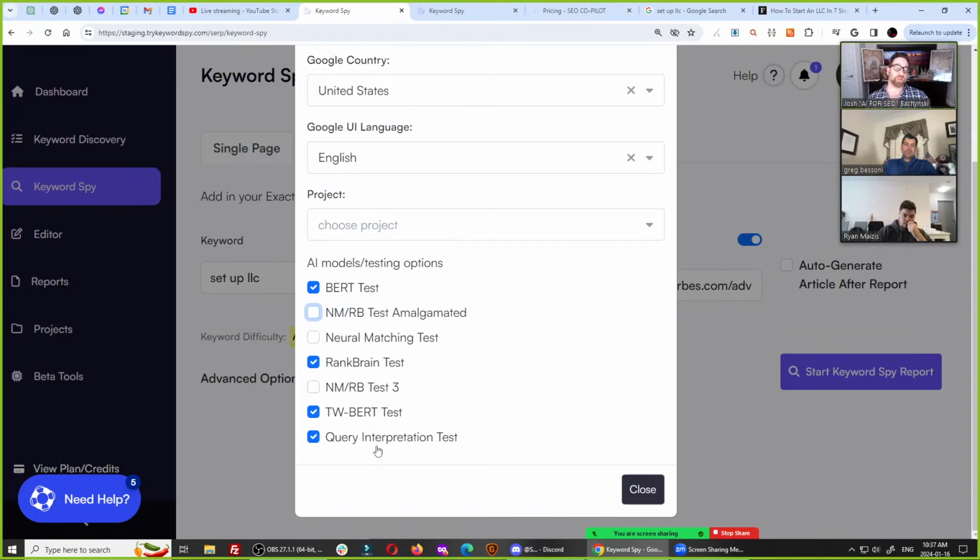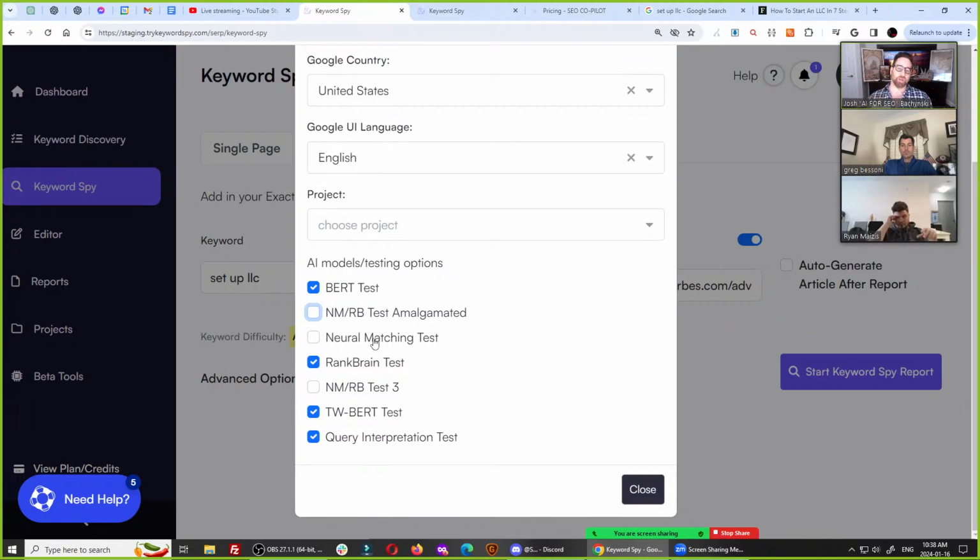Also, we've incorporated two new tests. We have TW-BERT. TW-BERT is a new AI for SEO model. It is a term weighting BERT model. Anyone who's watched Google closely has watched the white papers and knows that they have a term weighting BERT. BERT, that's one of their transformer models. It stands for Bidirectional Encoder Representations from Transformers. This is a term weighting BERT. This is an LLM or a transformer which encodes and decodes semantic meaning and decides the weight of terms in a particular query space. So it'll know how much more weight synonyms will have, for example.